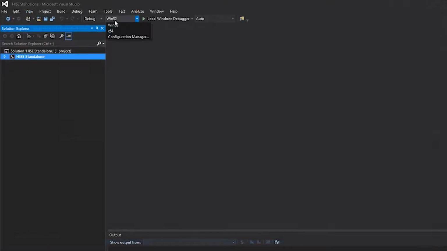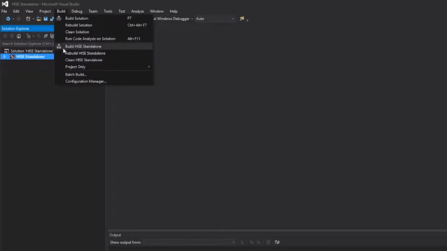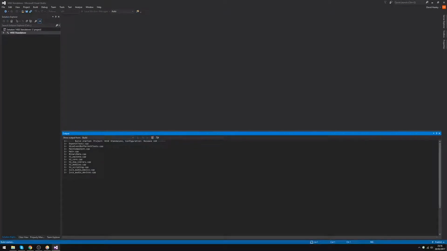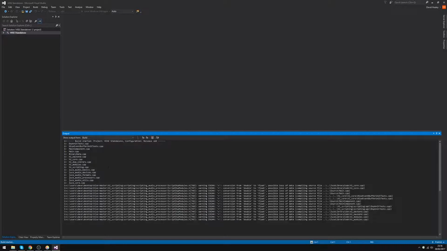So just change this to Win64 if you're on Windows 64, or Win32 if you're on 32-bit. It does run a bit better on a 64-bit operating system. It is optimized for that. Make sure this menu says Release, and then go to Build, and then click Build HISE Standalone. And you're going to see a load of stuff come up in here as it starts building it, and any warnings and errors. Now, it may fail if there's an error, but it'll tell you what the error is, and